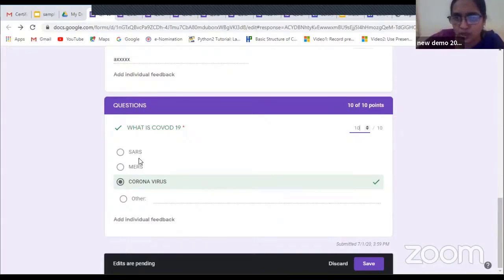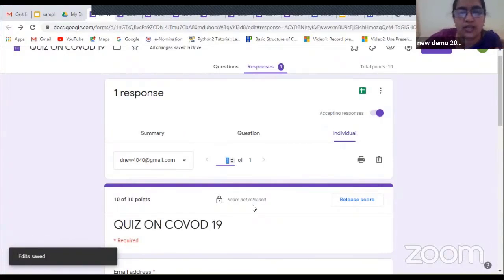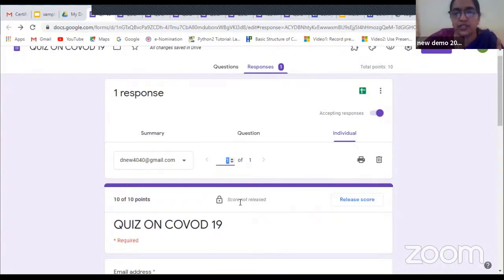because this is only a multiple choice you're having. But if it is a theoretical one, then you have to read and then give the marks here. So read the answer here and then give the marks here. It will not allocate automatically, right? And then save it. Once the updations are done, after you save it,